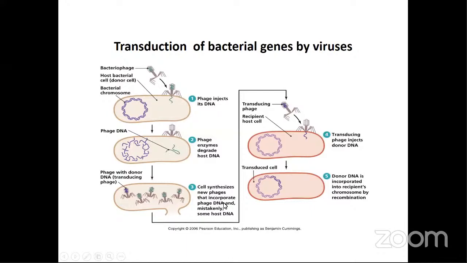After degrading it, there will be cell synthesis. New phage will incorporate the DNA of the bacteria that it has degraded. You can see this purple color now inside one of the capsids here. So transduction has taken place here. It is a mistake, but it has taken place. And then inside the virus, they multiplied, and then they are released into the environment. Again, any one of them that is released can also find another bacterial recipient, and the process continues like that.